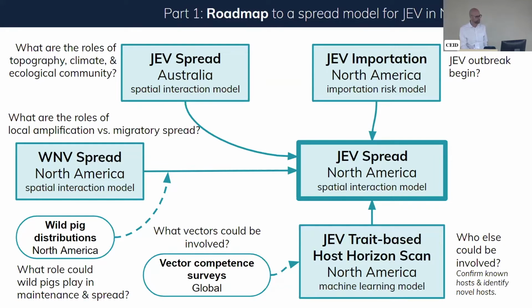I'd like to understand what the roles of topography, climate, and the ecological community are in preventing spread. Now, the picture that is developing in my mind for what happened in Australia is that introduction happened a couple of years ago and spread throughout the wildlife population, largely throughout the country, in what in my line of work we would call near-critical transmission. So it probably spread undetected in wild animal populations. And of course, once there were the triggers for the mosquito population to exceed a threshold, causing supercritical transmission and spillover into domesticated pig populations, it was only then that we finally saw it.